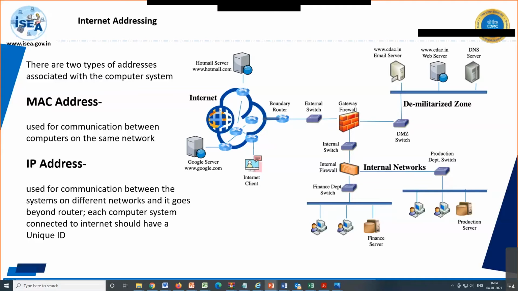Straight away, I can say: is TCP/IP required for a LAN? Actually, it is not required. But LAN users are using applications, so TCP/IP is required. Otherwise, there is no requirement of the TCP layer and IP layer for communicating by themselves. Here I'm making the point about communicating by themselves, without user involvement.